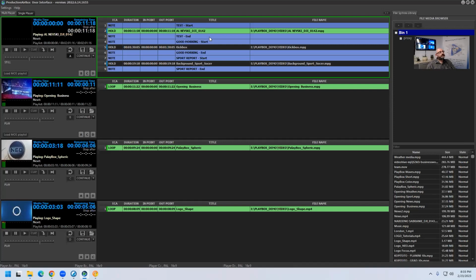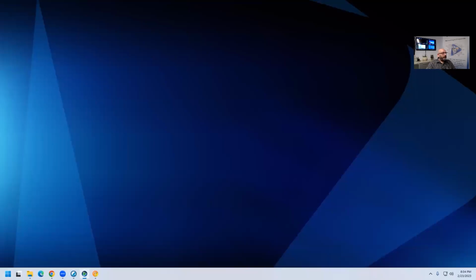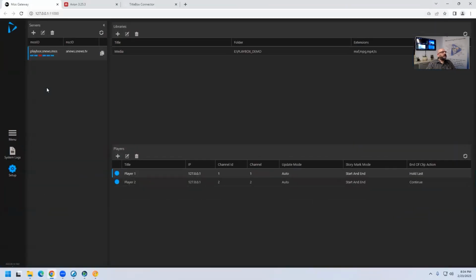This is the Media Object Server protocol, used in pretty much all newsroom systems in the world. This way, the SNews Arion system will be pushing information to the player, updating the playlist in real time. This is made possible by configuring the MOS gateway,